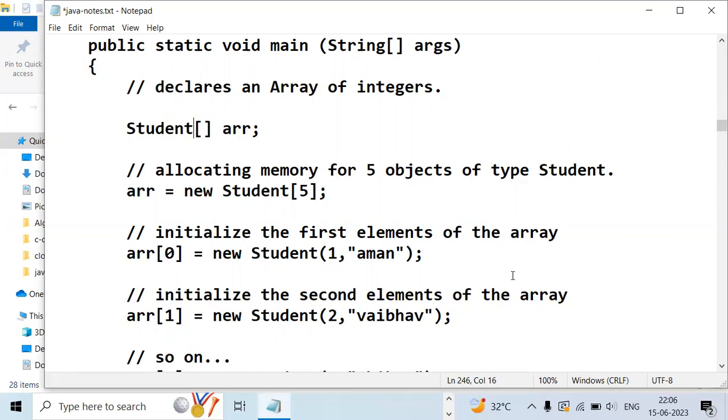If I want to increase another object, I will ask to add one more object. Automatically, the memory size will be increased with the help of the same new operator only. What is the purpose of the new operator, dynamic memory allocation? It will allow you to add a number of